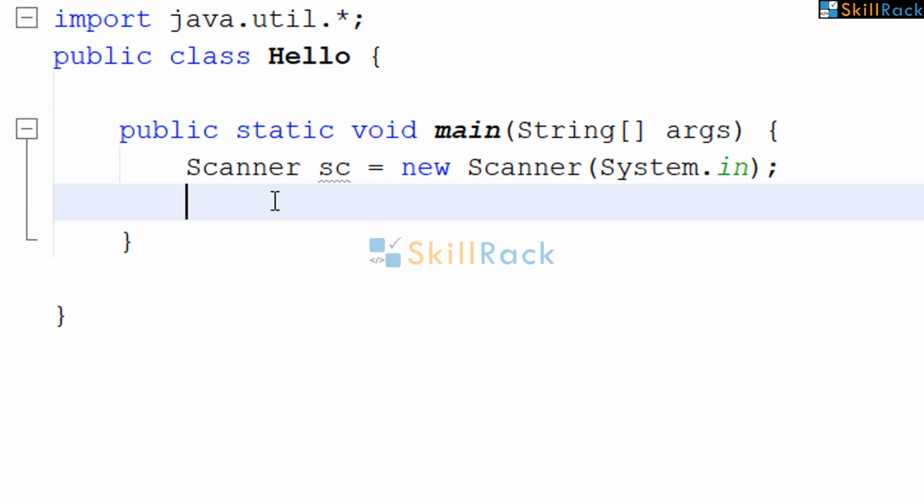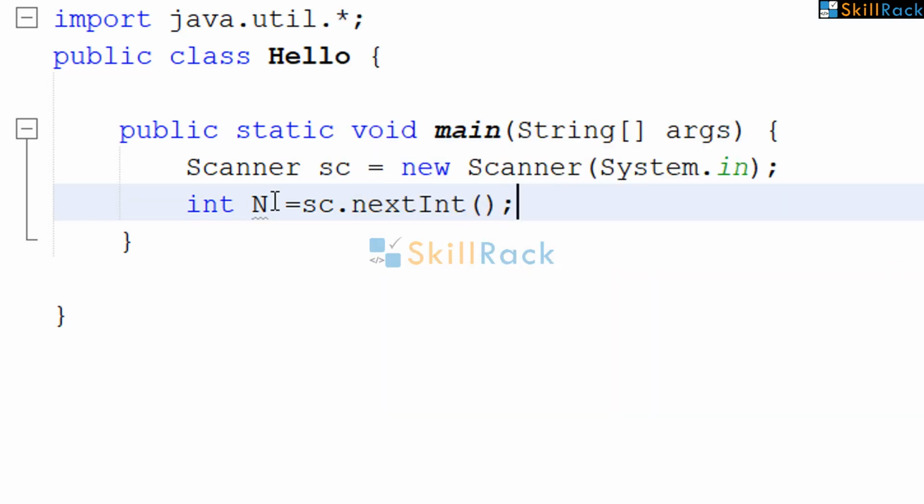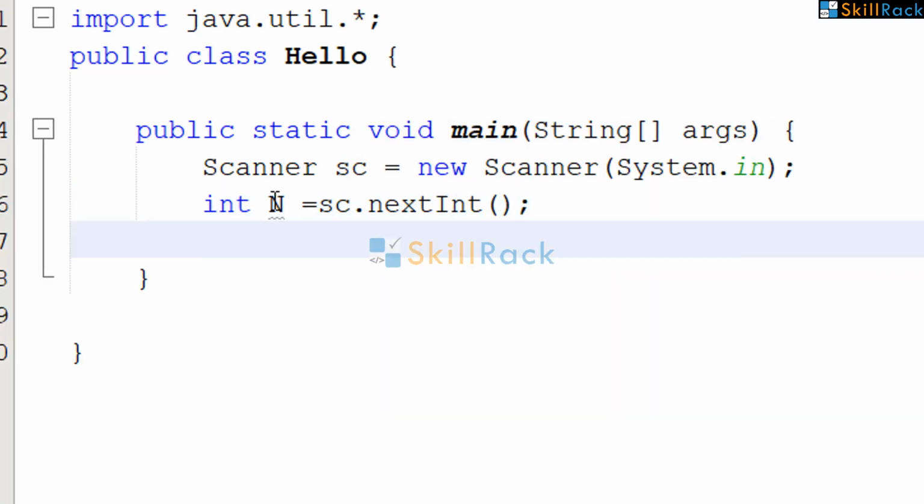Let us now solve the street travel count program in Java. So to begin with, we have to accept the value of n. So now we have to accept the values of the n cross n matrix which represents the streets and blocks in it. So the input values will be 1 or 0. So we will declare and initialize an integer matrix.